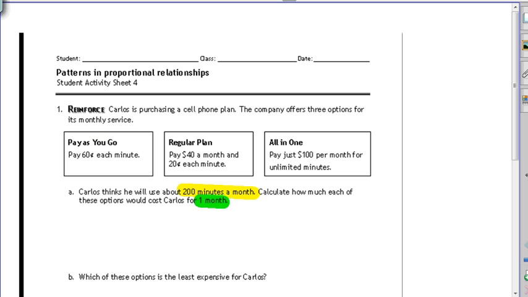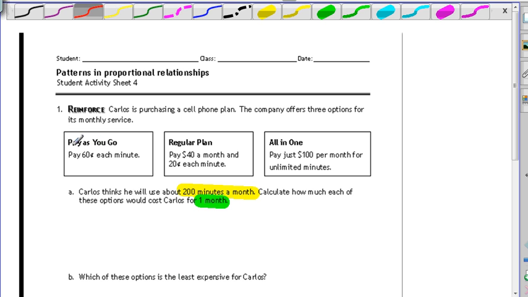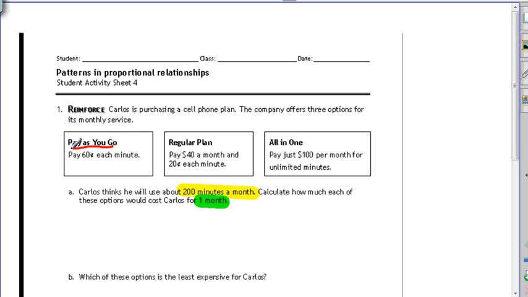So let's see. For the first one, it's Pay As You Go. So I'm going to do this first one right here. Pay As You Go, it's 60 cents. So I've got 60, right? And I need to figure out 60 cents, and it's 200 minutes a month. So I'm going to times 200 by 60. So right now, pause this right here and write down your answer once you get it,